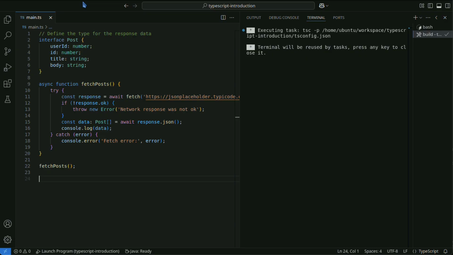XML HTTP request is an older API and is somewhat more complex compared to the fetch API, but it may be used when browser compatibility or more advanced control is necessary. Below is an example using a GET request.